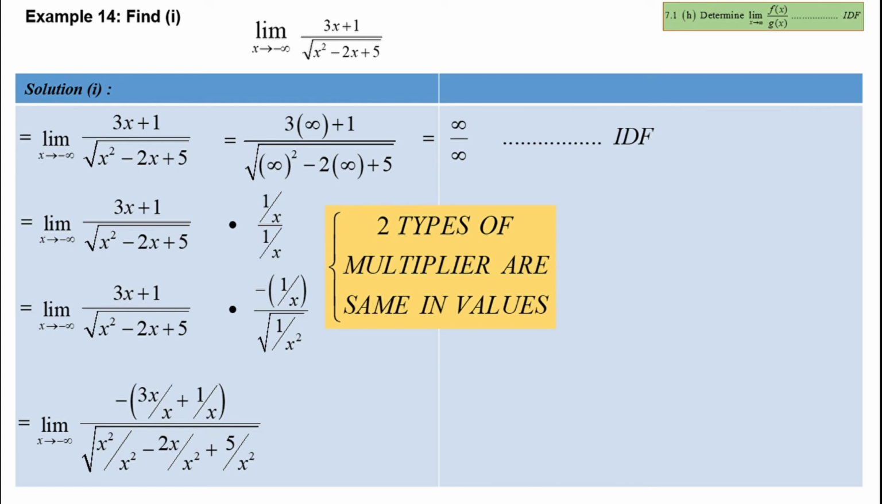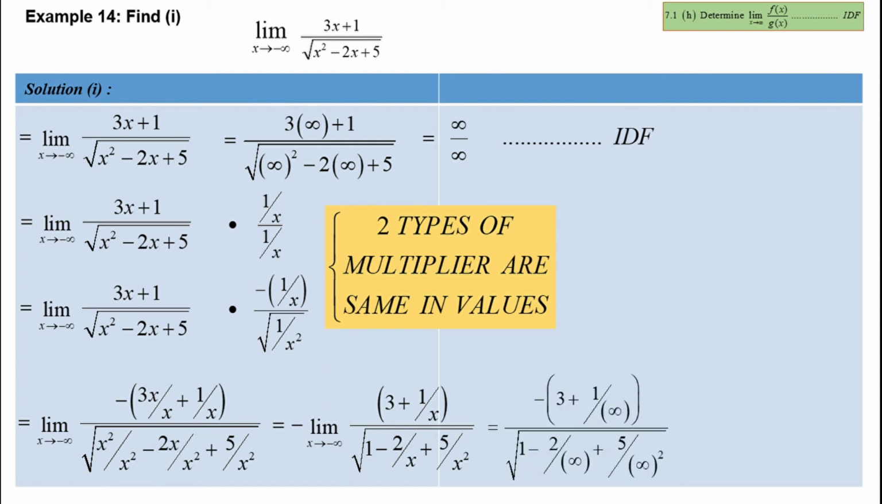For our function here, we can combine the product of the square root in the denominator part, like this. And please keep the negative sign in front of the limit function. After that, we can substitute the value of x with infinity. And it is found that the result is 1 divided by infinity, and 2 divided by infinity, and also 5